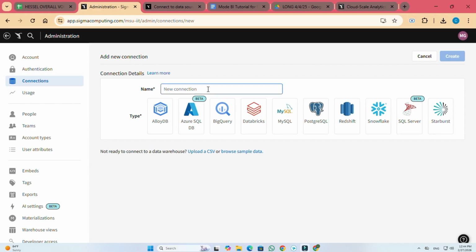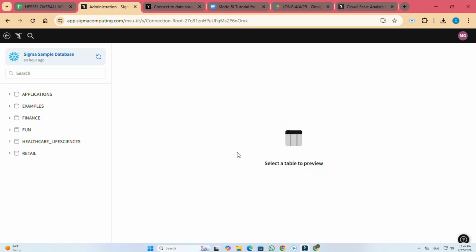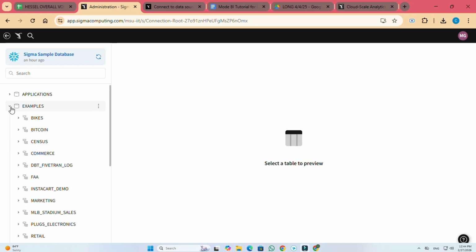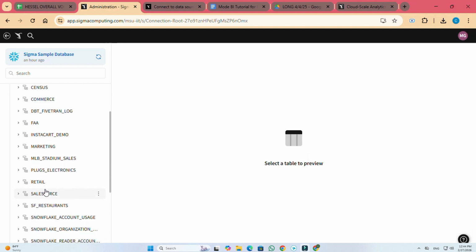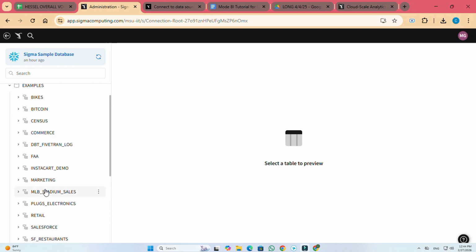Explore your data. After connecting to your data warehouse, you can begin exploring your data. Sigma's interface is similar to a spreadsheet, so navigating and exploring the data should feel familiar. You can filter, sort, and aggregate your data using simple spreadsheet formulas and functions. For example, if you want to see sales data over time, you can use a pivot table to group the